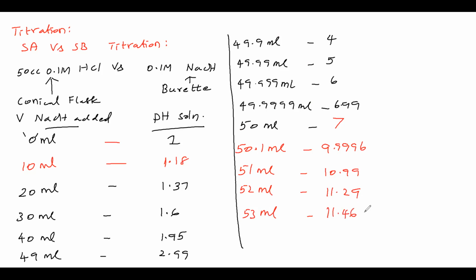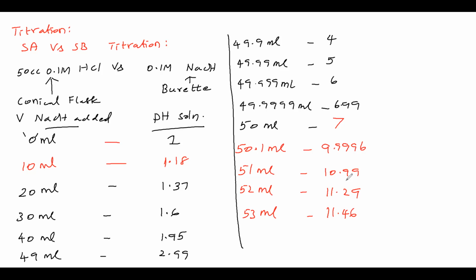So now we have seen the titration, and we have found the pH of the solution at every point. Now, for what sake have we found the pH at every point? We want to know which indicator is suitable for this titration, that is, which acid base indicator we can use. For that purpose only, we have done it like this.